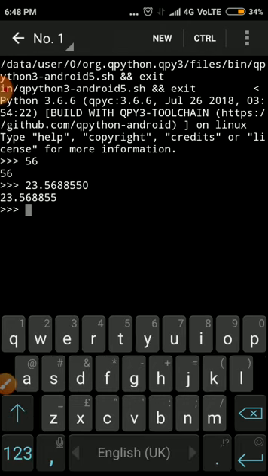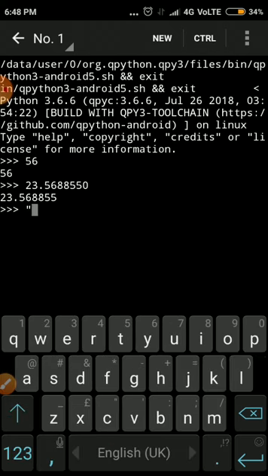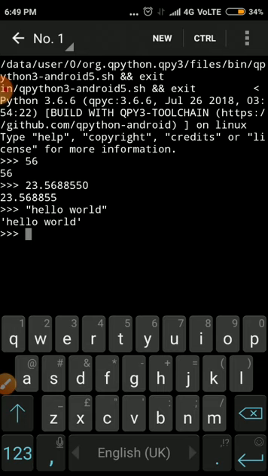And if you want to insert characters, how do we do it? We just use double quotation marks, and inside the double quotation marks we write the word. Suppose I write here hello space world, then close the double quotation marks. Now Python reads it and immediately gives the result. Now we assign values to variables.